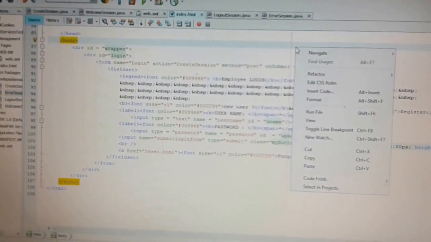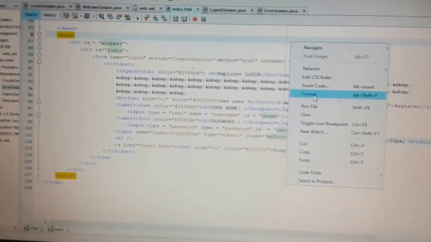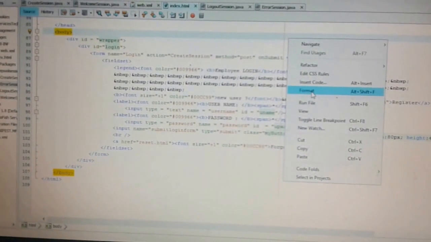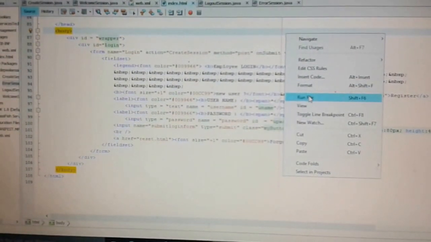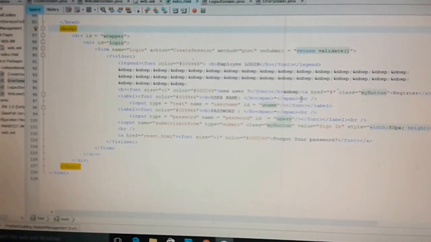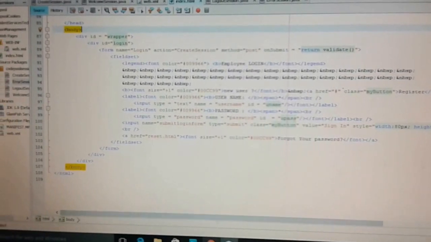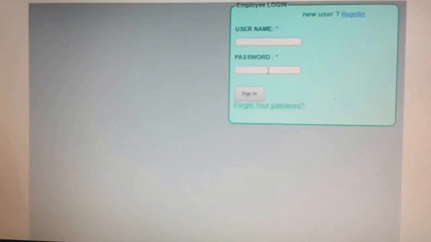So let's run the application and check the functionality of the HTTP session part, whether the session is getting implemented or not, and what things need to be done in a session if we are establishing one. So here I am running the file. Give me 1 minute. As you checked, we ran the file, and the file is getting opened over here.